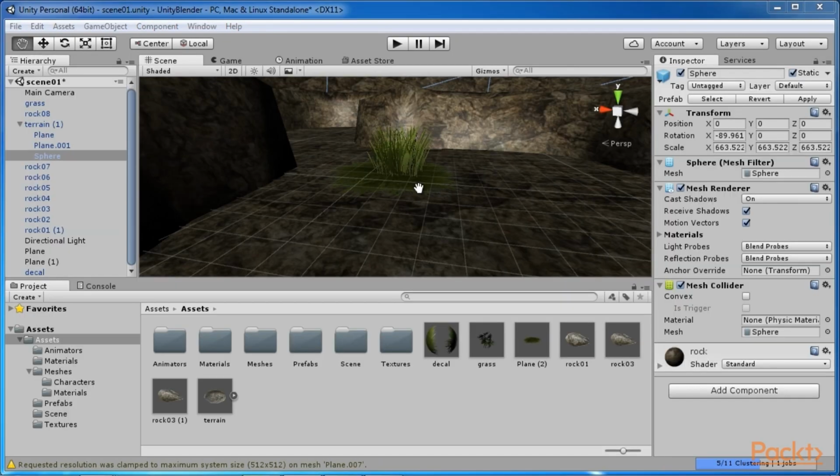Let us discover how to set up foliage. Currently, our cave looks really boring, with just rocky surfaces everywhere. So let's pull in the grass model and the decal texture that we did in the previous section. For the decal, the method is similar to what we did for the water surface. Create a plane, a material with the decal texture applied to its albedo property, and apply the material to the